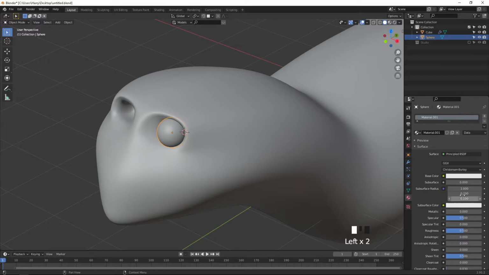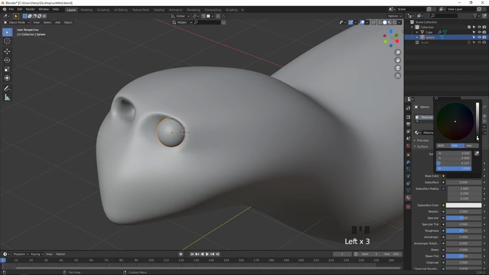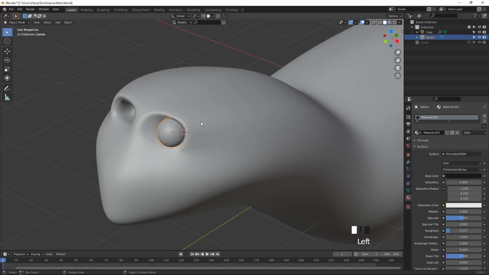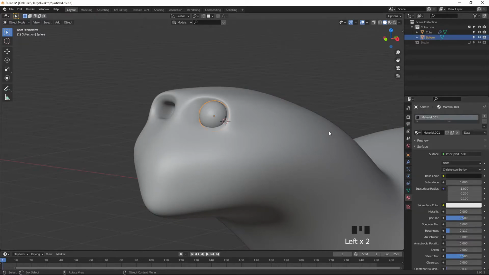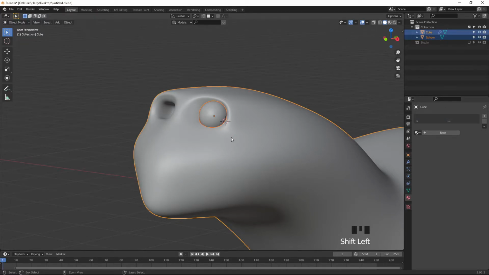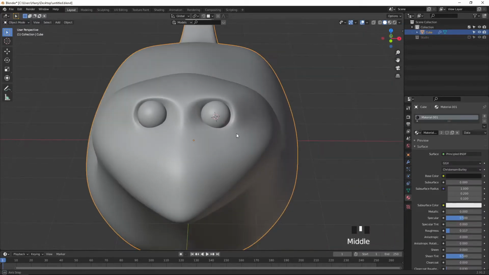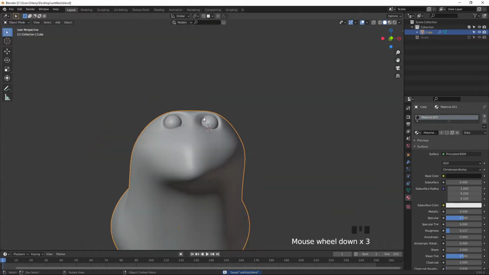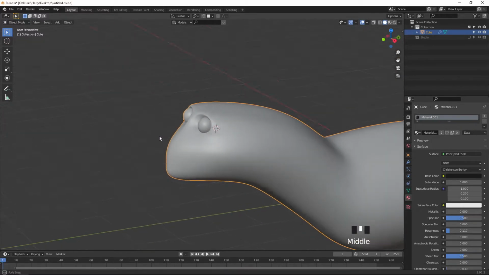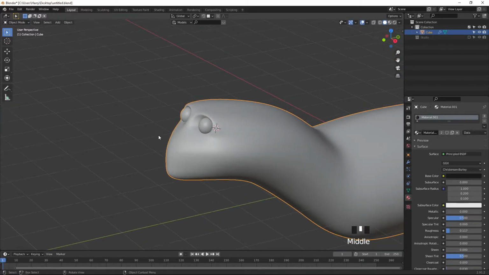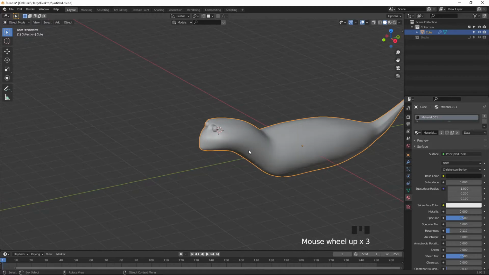I create a new material and give it black, and I reduce the roughness fully for shining. Select this one, Control J to join. Now you can see our object has been mirrored to the other side. Okay, our eye has been created now.